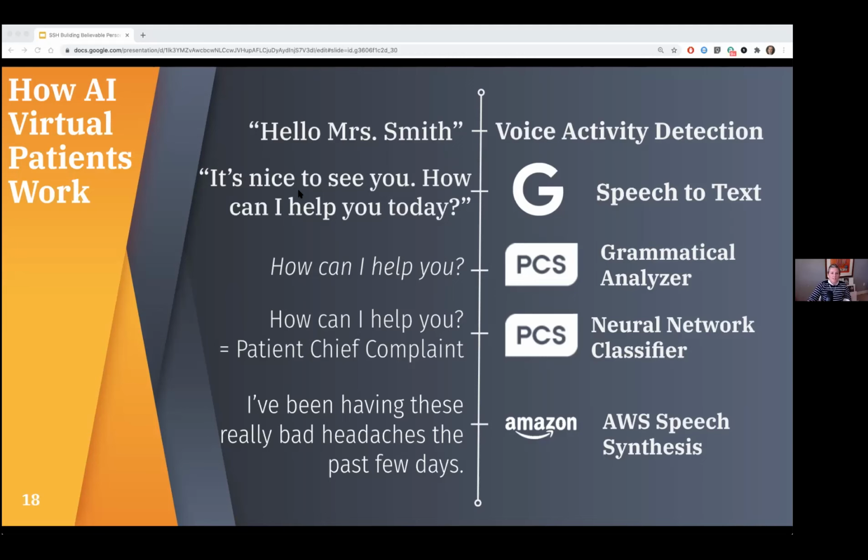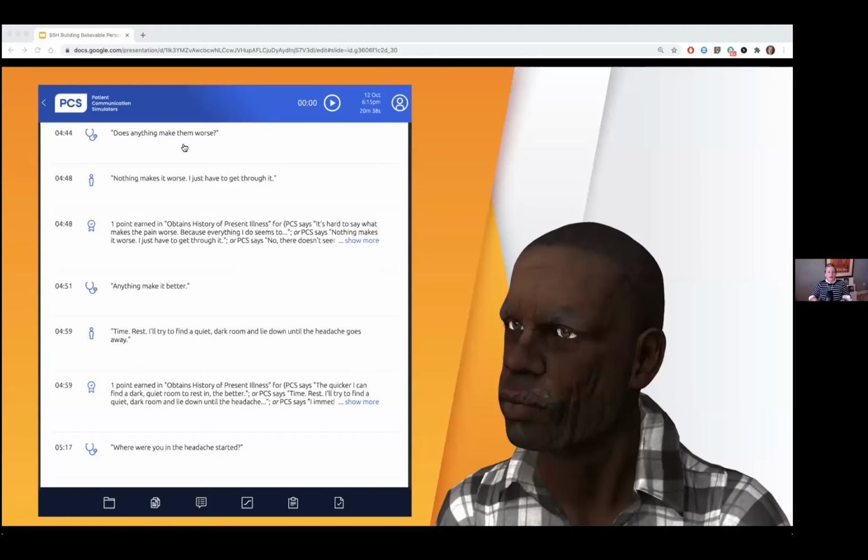And we will see an example of this here. So here we see those steps in action on the PCS platform within this simulation log. We also see here in the log the addition of real-time assessment and scoring. So a question is asked, it's registered. If it's part of the objectives or the checklist, it's automatically checked off.